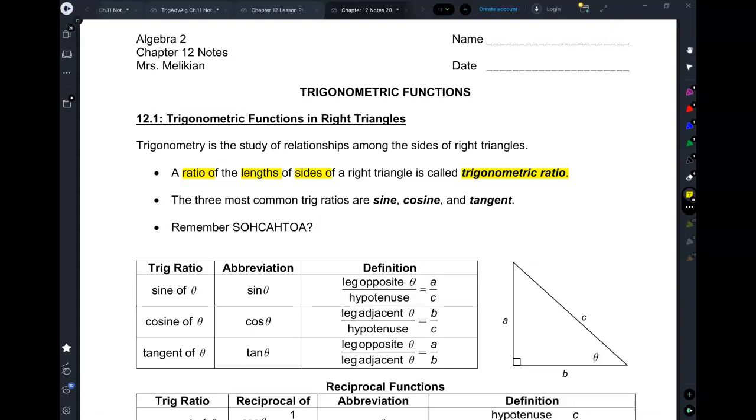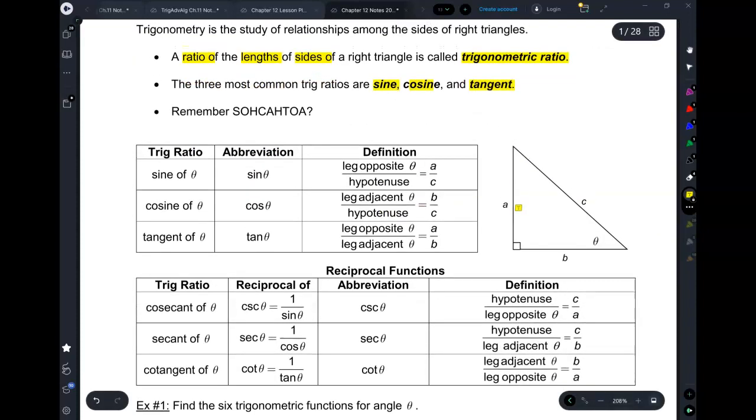So a right triangle has 3 sides. If you take any 2 of them and find the ratio of the lengths, that's a trigonometric ratio. The 3 most common trig ratios are sine, cosine, and tangent, and they are abbreviated like this, okay? Remember SOHCAHTOA? We did SOHCAHTOA last year? Yes. Okay, so here are the trig ratios, and the way it's read, so for example, sine of